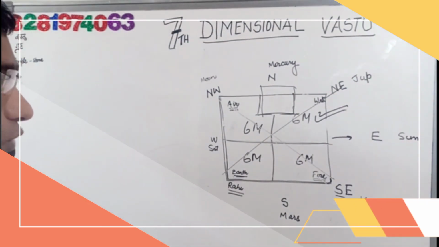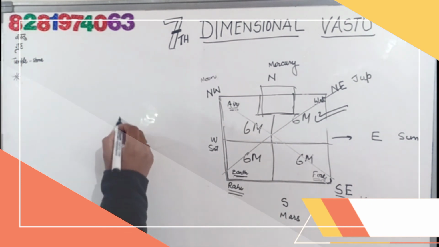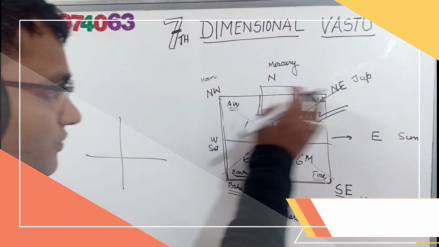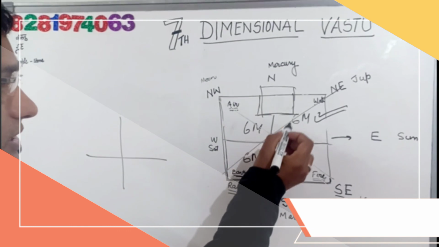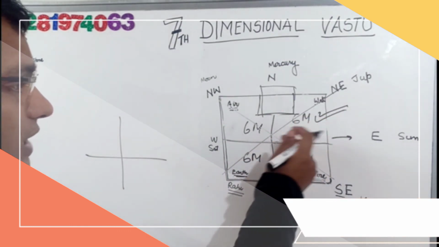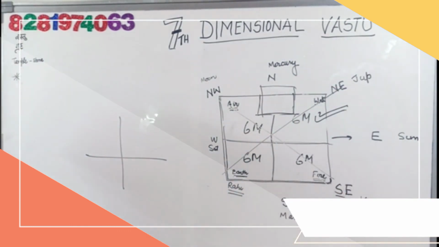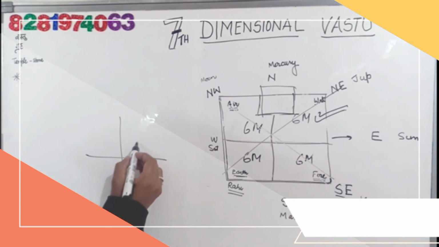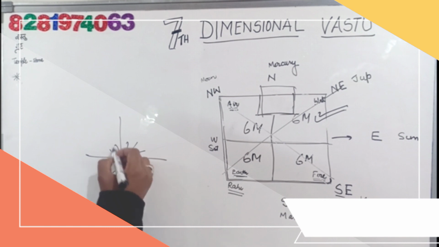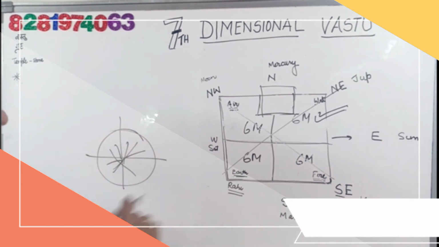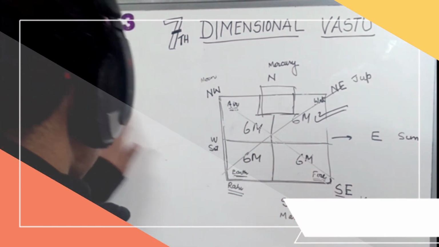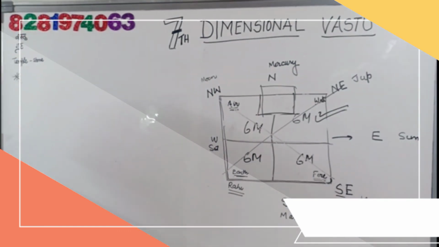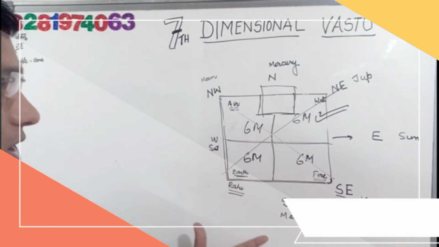Next session we are going to discuss the directions. We have discussed the four directions in this, but 4 plus 4, after that, total 16 directions we are going to discuss next, what the directions are, how we can use the direction in a house and what is the importance. So in this session this is over for now.